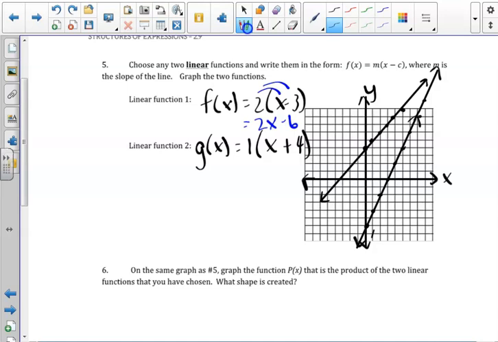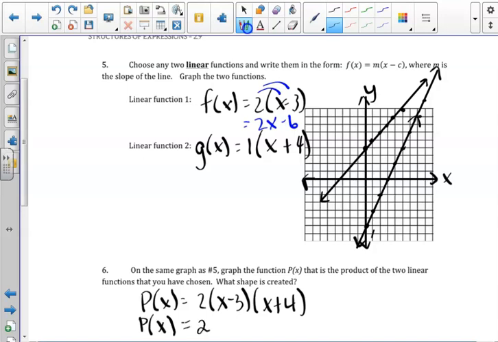Okay, so then in 6, we're asked on the same graph as 5, graph the function p of x that is the product of the 2 linear factors you have chosen. So what that means is they're asking us to take this linear function and this linear function or factor, and they're asking us to distribute that. So the first thing we have to do is distribute each of these values in the parentheses, and last distribute